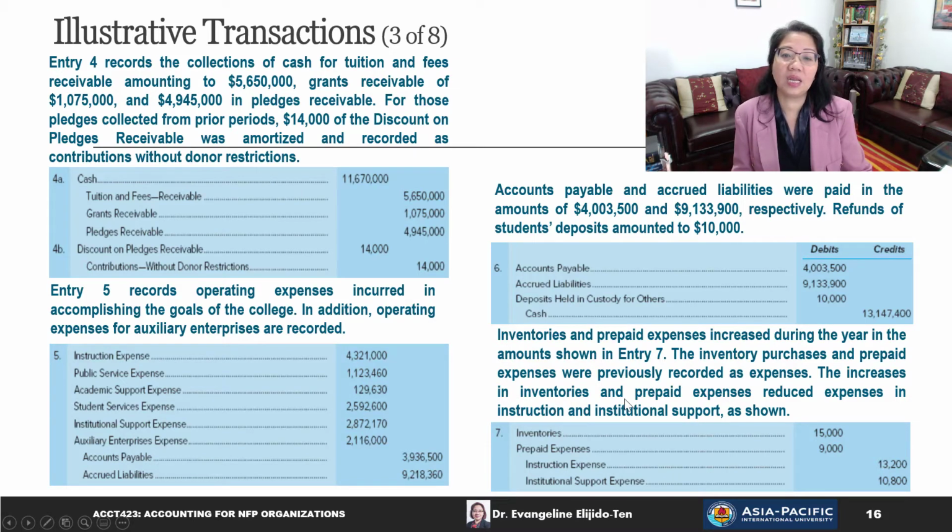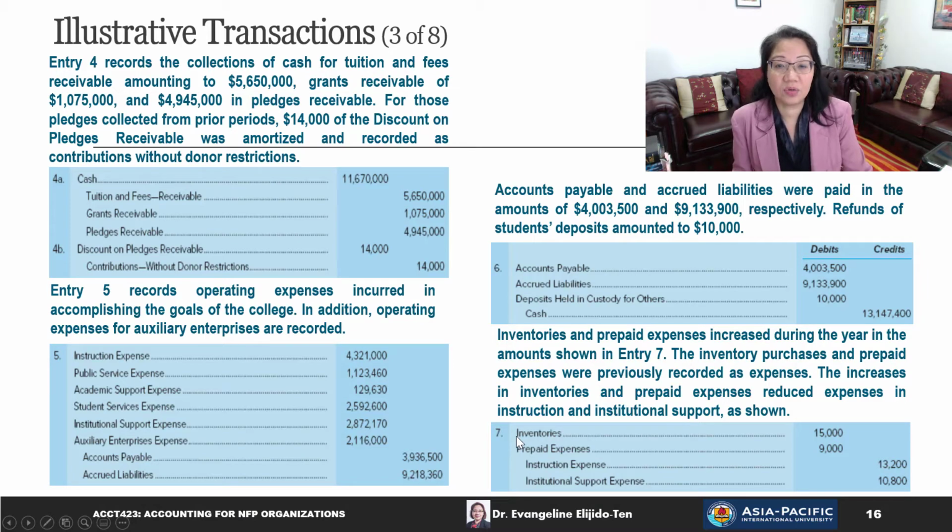The increases in inventories and prepaid expenses reduced expenses in instruction and institutional support. In order for us to reduce expenses in instructional and institutional support, we will credit those expense accounts. So we'll credit instruction expense and institutional support expense for the given amount, and our debit would be